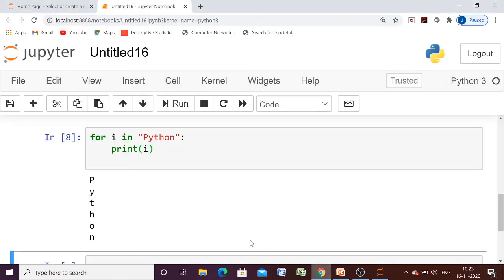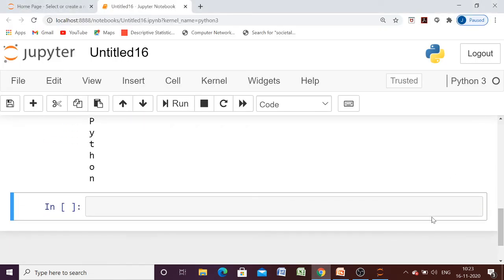Now let us try to understand these concepts using an example. See, suppose I am writing here for i in range, and I am writing 5. What does it mean? This range function will generate a list of numbers starting from 0 up to 5 minus 1, which means it will have a sequence of numbers like 0, 1, 2, 3, 4, not 5.